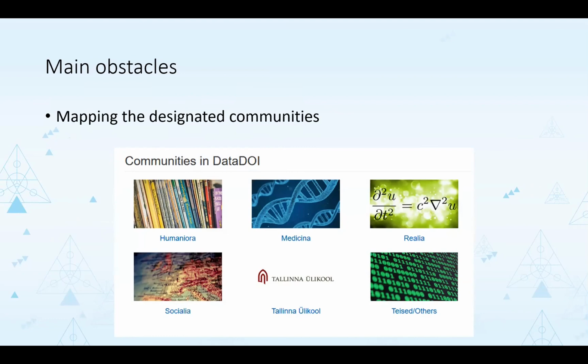At the moment, what we are doing is that we have already made a questionnaire. It's not ready yet, but almost. We will send the questionnaires out and ask our designated communities from different research fields what their needs are and how we could help them, to provide them a better repository experience, better metadata, better submission forms and so on. But it's like a two-sided thing